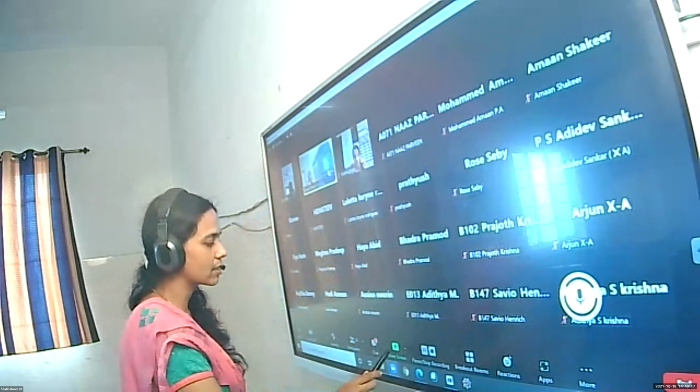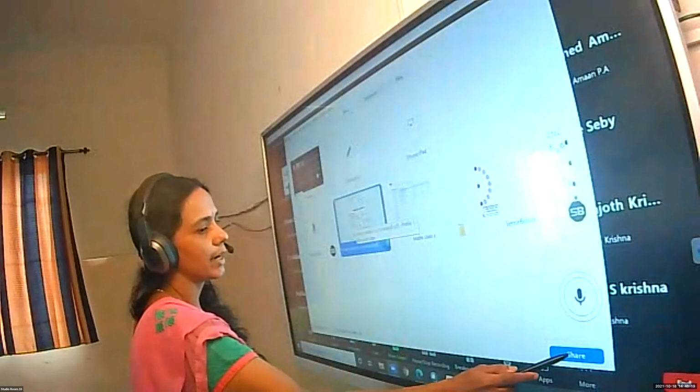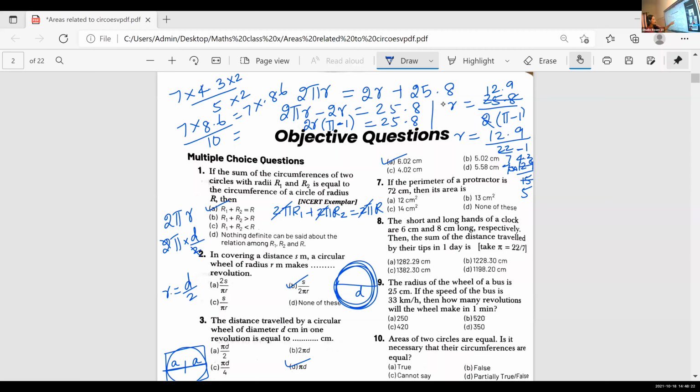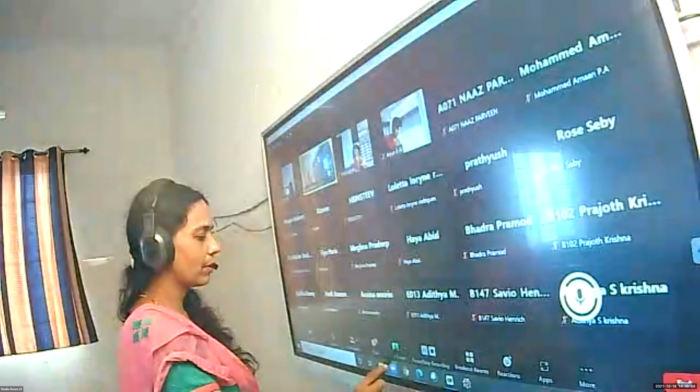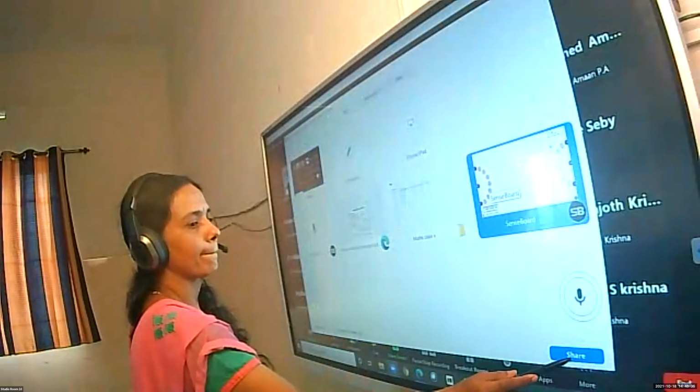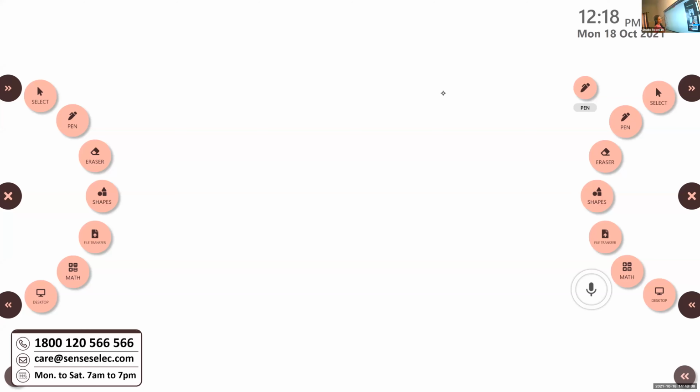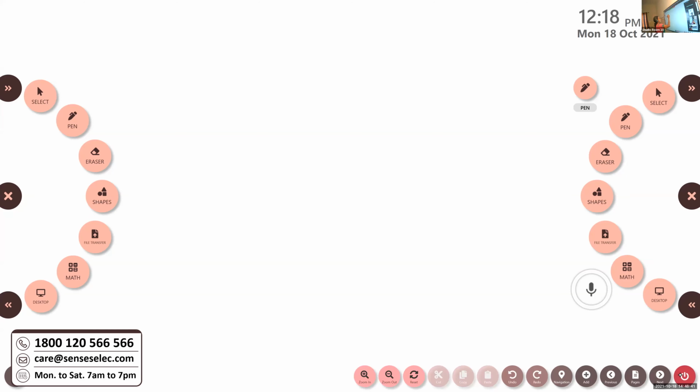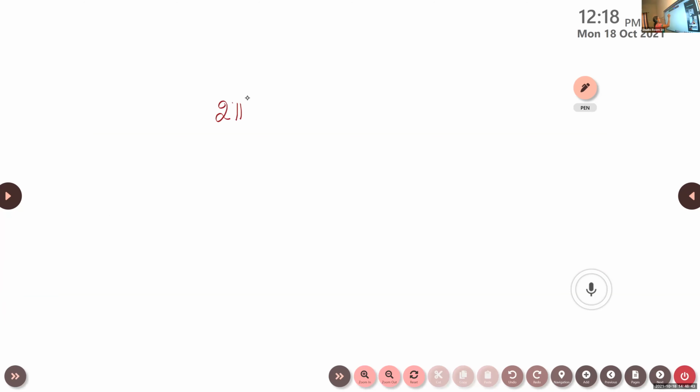And what is the radius given there? The radius is given as 6 centimeter and 8 centimeter, and you have to use pi equal to 22 by 7. So how will you do the calculation? We want to find the sum, isn't it? So it will be 2 pi r. For the smaller one, it is 6. So 2 pi into 6 into